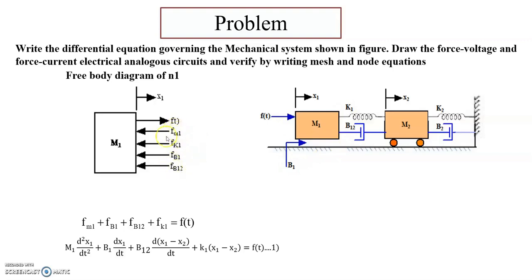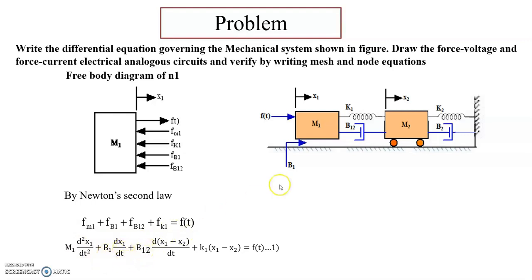Write the mathematical modeling by applying Newton's second law: the sum of the applied forces is equal to the sum of the opposing forces. Here the applied force is only one, F of t, and there are four opposing forces, added algebraically: Fm1 plus Fb1 plus Fb12 plus Fk1. The corresponding equation is M1 d square x1 by dt square